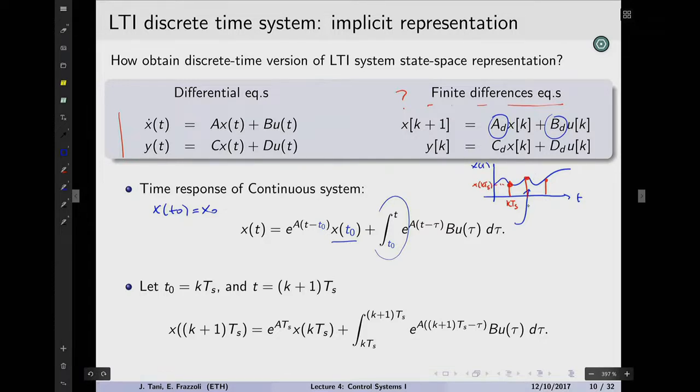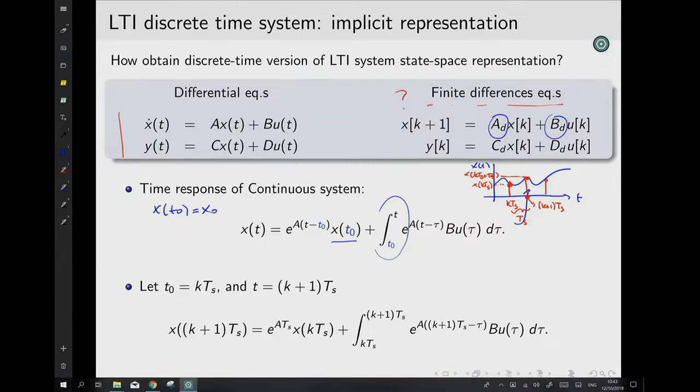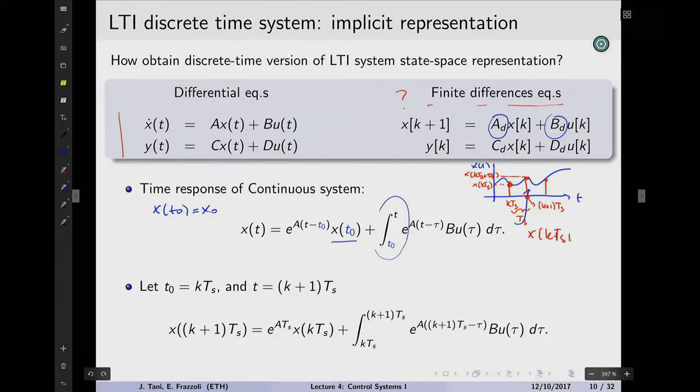Say that this other time instant here, say this is the sampling period. So this point here will be (k plus 1)Ts, right? It's going to be kTs, whatever it was before, plus another Ts, plus another sampling instant. You would get x of kTs plus Ts. So the question really here now is, how do we express the dynamics of a discrete time system? Basically, what is x of kTs plus Ts equal to as a function of whatever it was before, and possibly the input in some sense.